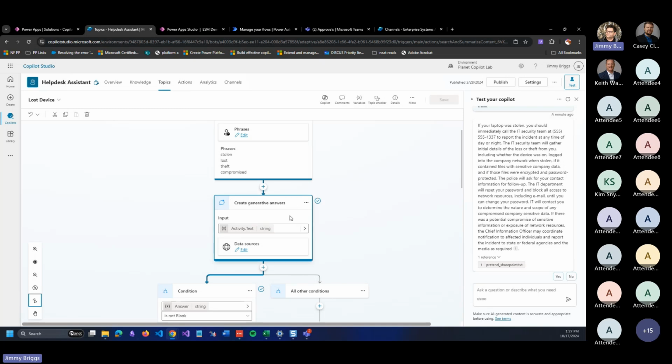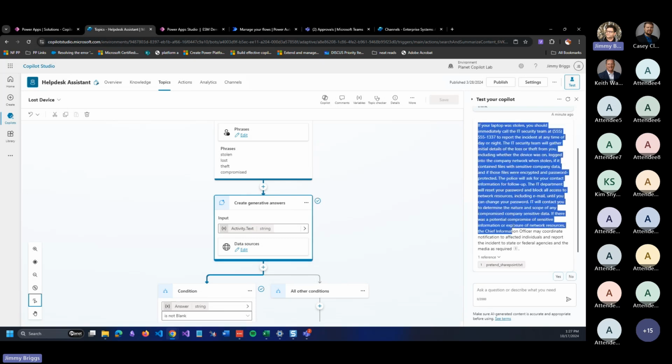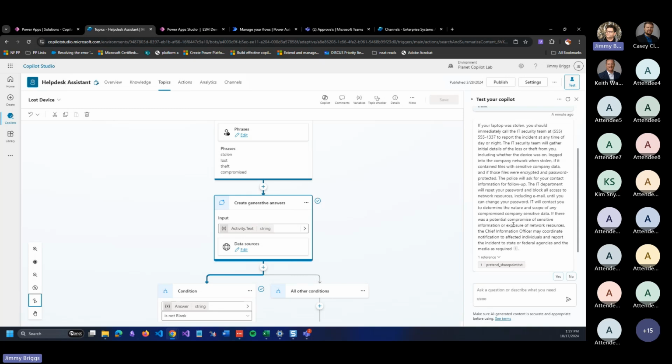But this is a living repository of knowledge. This might be a SharePoint site. This might be a PDF that somebody maintains in OneDrive. It could be on our website or an internal website or a public site. But that knowledge lives now outside of the Copilot. So in the past, when this was Microsoft Power Virtual Agents, before this became Copilot Studio, I would have to keep track of this copy, or an individual would, and maintain this over time. If the phone number changes, if the policy changes, if the next steps change, this would have to be maintained. But because we're using generative AI and we have that system topic enabled to provide generative answers,